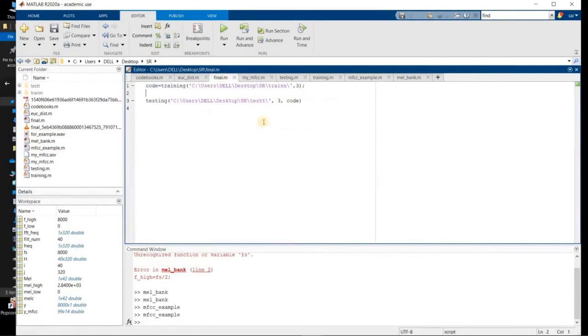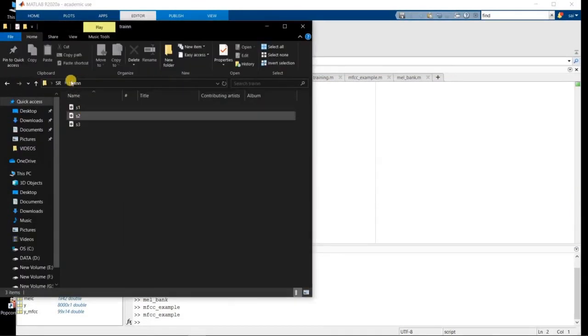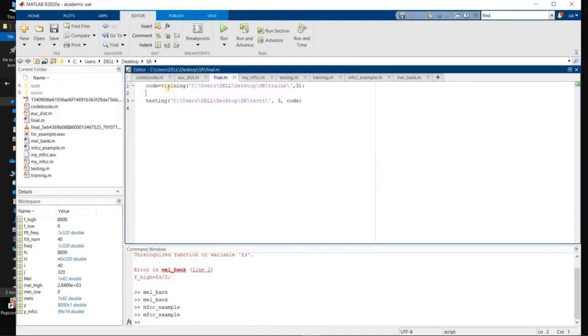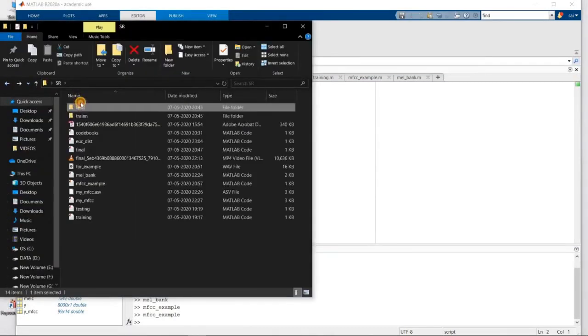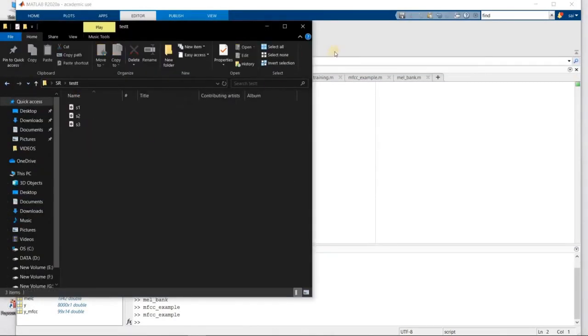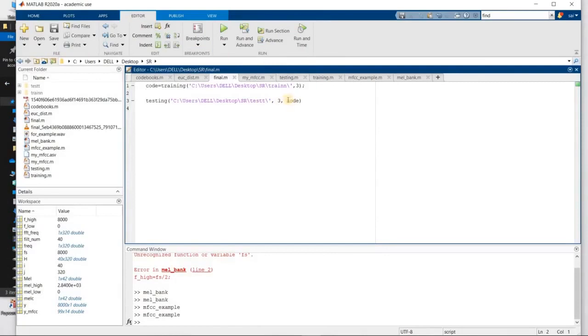Now we'll see the applications of all these functions. Initially we pass these training audios into the training function, and then we get the codebook for these. Next we take these as our testing inputs, along with the codebook we got from here, and then we do the testing phase.